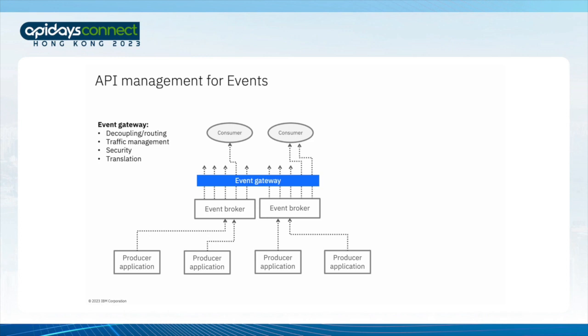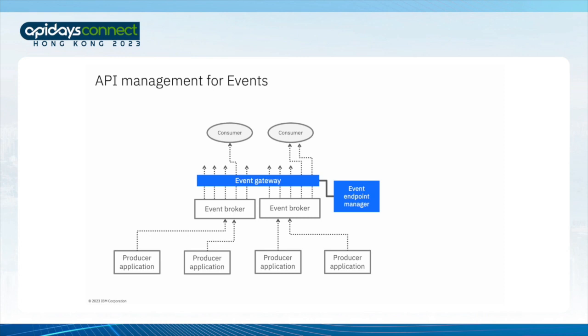It could perform translations and transformations. Maybe it rewrites those old messages that were produced to topics in old, outdated formats, so that new consuming applications don't need to be adapted to handle those old schemas. The gateway could transform the messages using new payload schemas. And maybe the gateway could perform transformations to mask or remove message fields and properties that are private or sensitive, allowing the owner of that back-end topic to choose which bits of the messages and events they don't want to share. Perhaps the gateway could even selectively filter out entire messages where they contain some specific sensitive data.